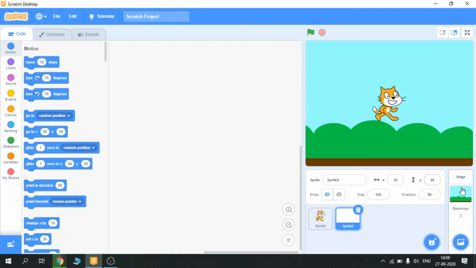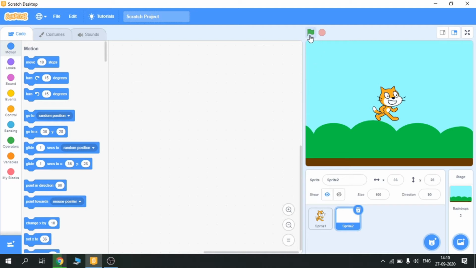I have used the blue sky backdrop. Okay, so this is sprite. Cartoons are sprites. This is called stage, where you run your code, and the background image is basically called a backdrop. These are the blocks, and these are the different segments which we are going to use according to our need.